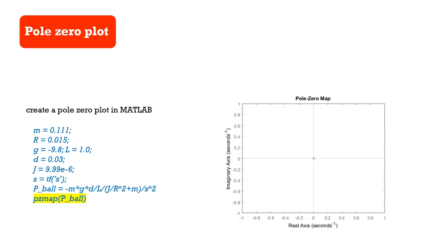Okay, now we can look into the analysis of the ball and beam system. We have derived the transfer function from the gear angle to the ball position as P of s equal to R of s by theta of s. Now when we consider the pole zero map, here shown below, with the real axis and imaginary axis, we can see the pole zero map here.